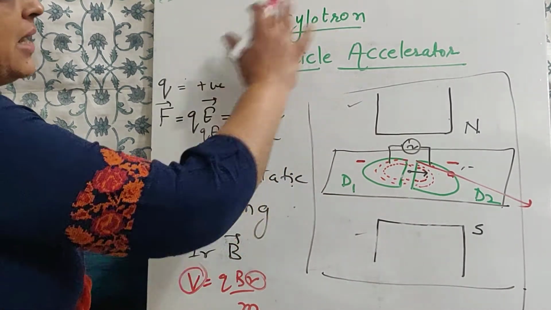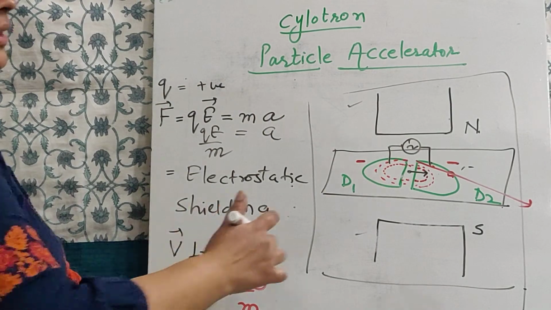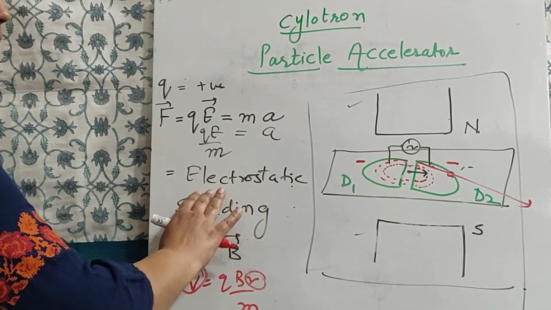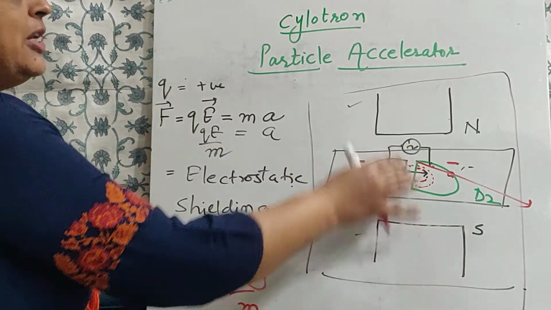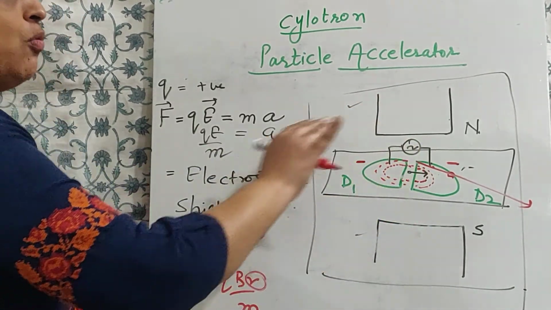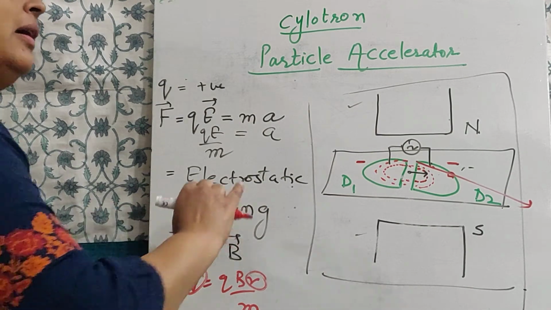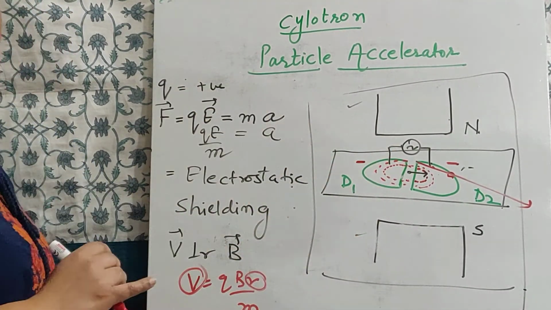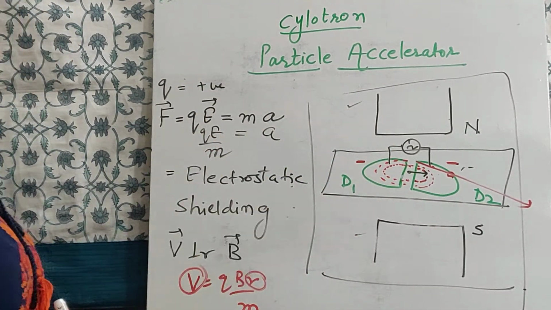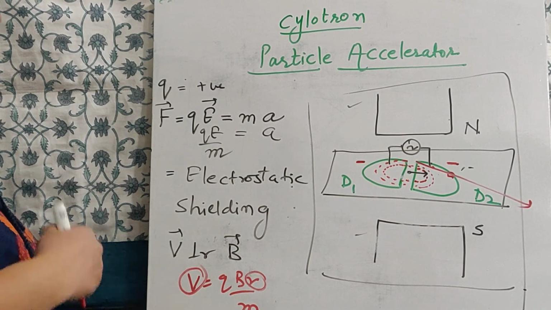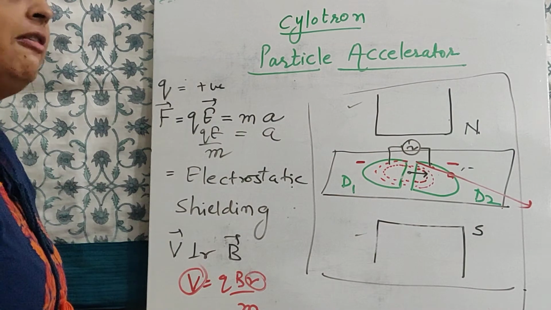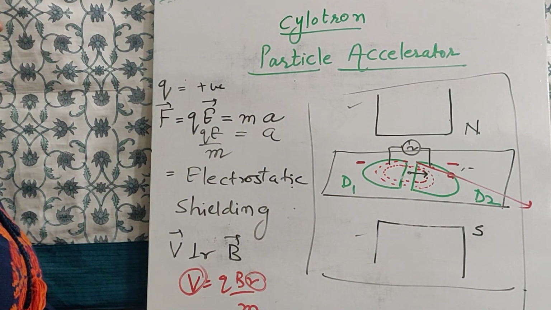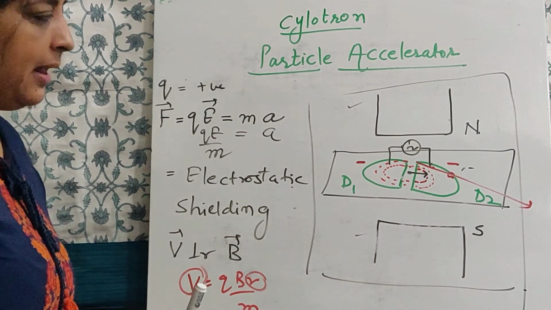So this is how a particle accelerator works. There are metallic Ds which provide electrostatic shielding because they are hollow from inside. The perpendicular magnetic field makes it move in the circular path, and ultimately after acquiring a sufficiently high velocity it comes out and it is ready for us to study the nuclear reactions, because otherwise it is very difficult to have such high velocity particles. So we had to design particle accelerators.